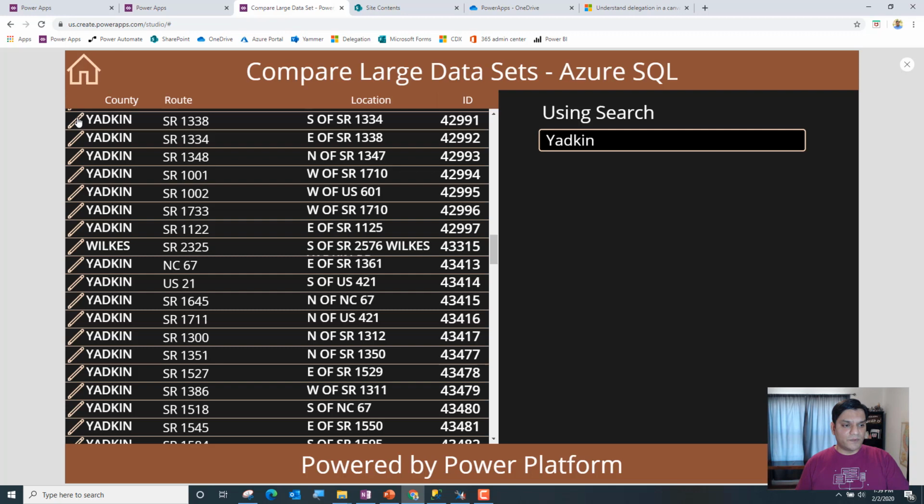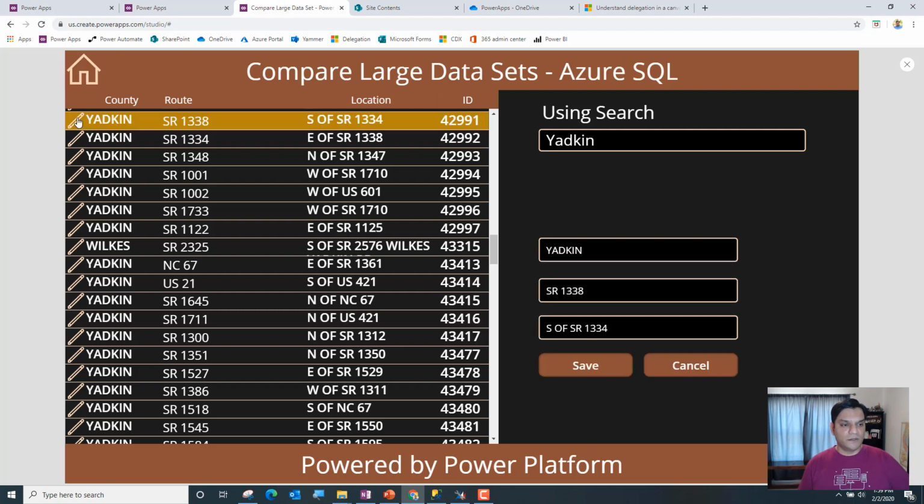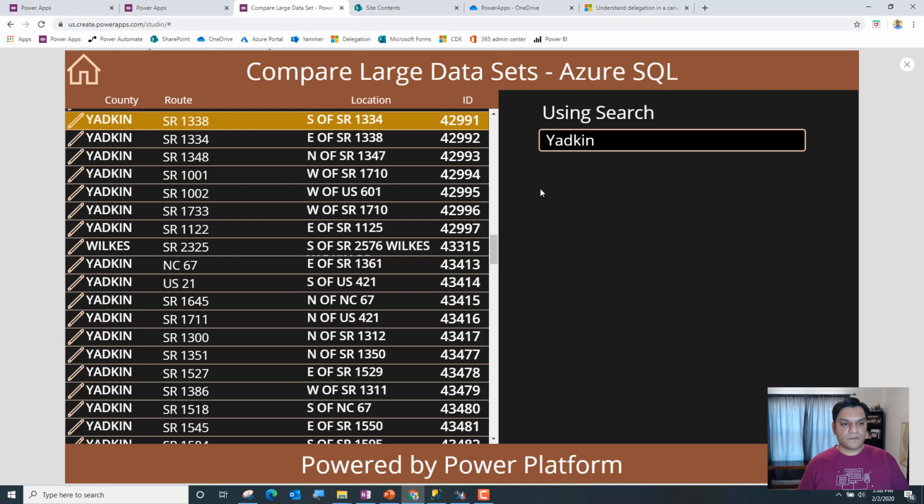So what I'm going to do is select one randomly over here, Yadkin. Yeah, this is good. I'll keep the route the same and just change the location to wherever I want to be. Just something random, and I'm going to save it. Two things will happen. First of all, when you submit that, it immediately updates this gallery over